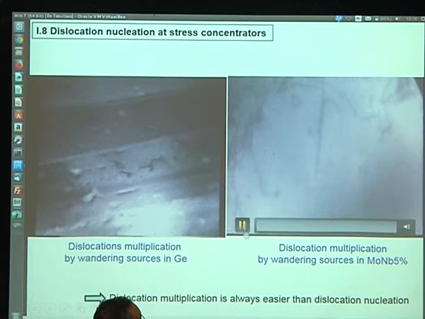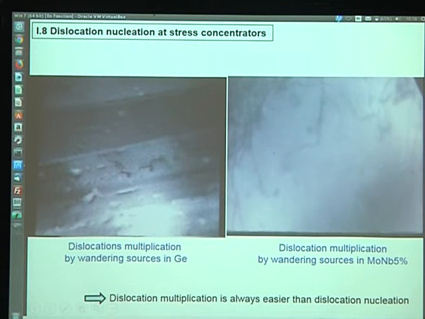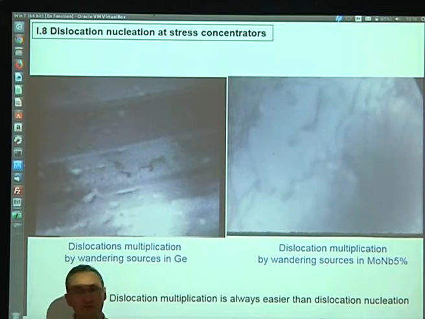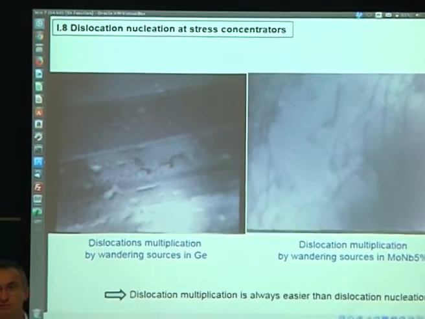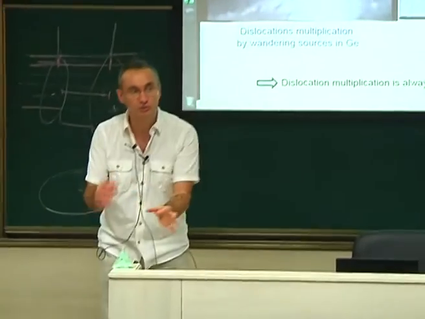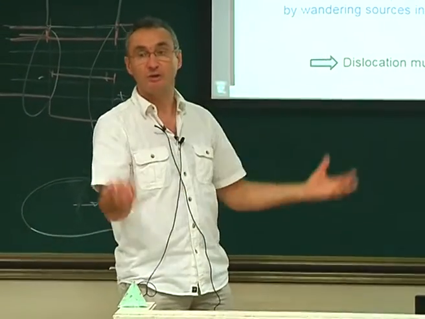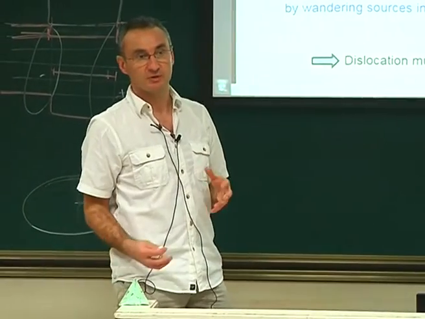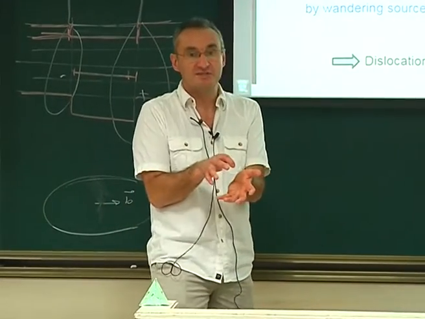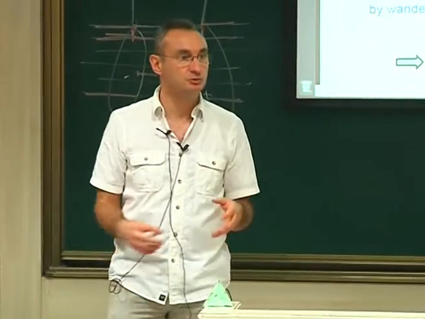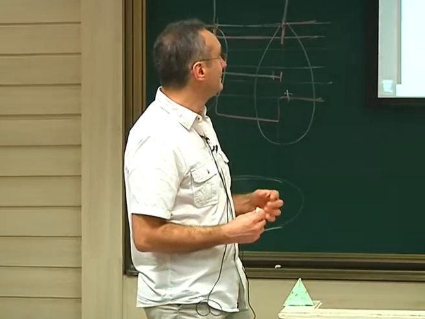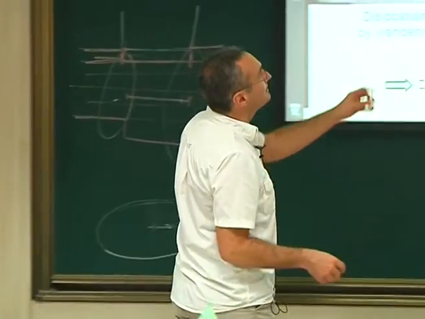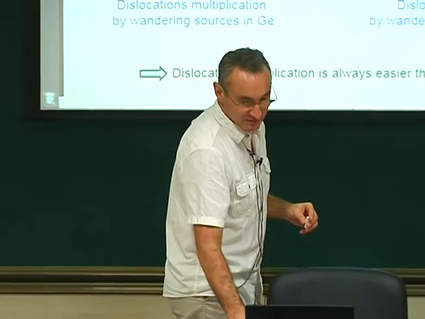And here another example in molybdenum with a few percent of niobium. You can see how the loops are moving fast in the material. So here you don't need to nucleate anything, you have enough. As soon as you have the dislocation of the slip system you want, they will multiply and accommodate what you need. They will do it for you, for sure. So you don't need to introduce new dislocations. They will always find a path to accommodate what you want. And if they are not in the right slip system, they will cross-slip and do what they need to do in order to accommodate your loading. Okay? So this was more or less my conclusion for this third lecture.